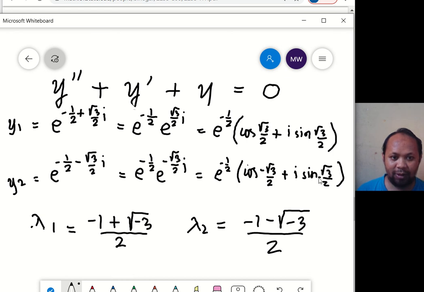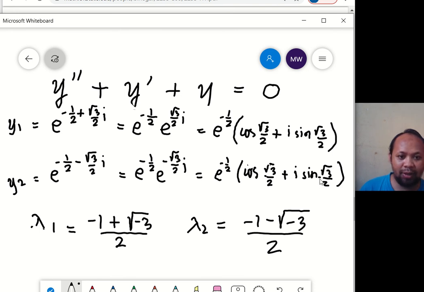Okay, so this is the second form of the second solution that has been rewritten using the Euler formula. You can also notice that we've got cos of a negative argument, but you know that cos of minus just equals cos of the positive. So I can actually remove the minus sign here,